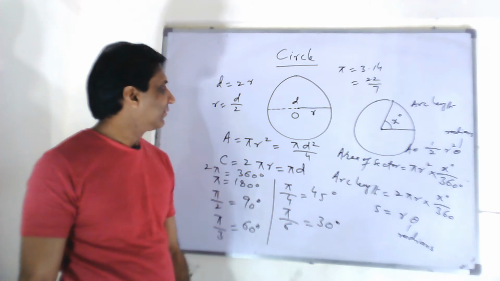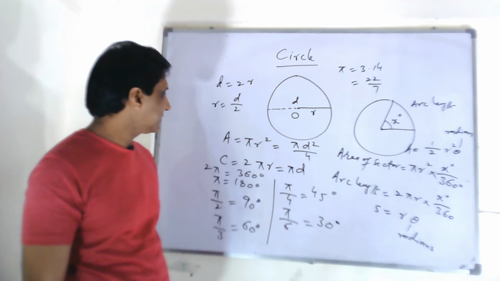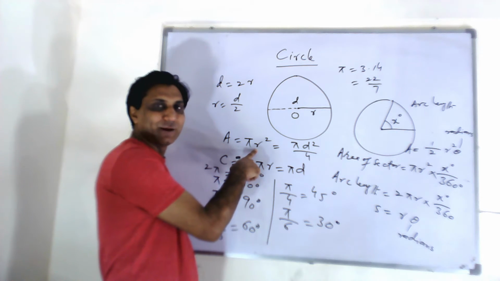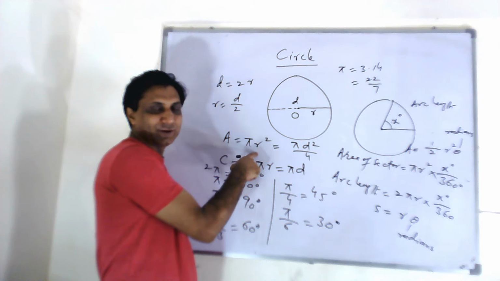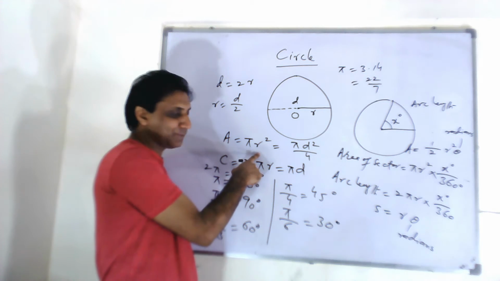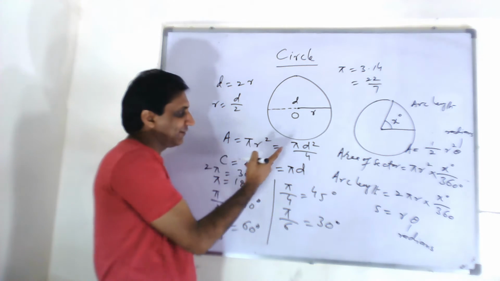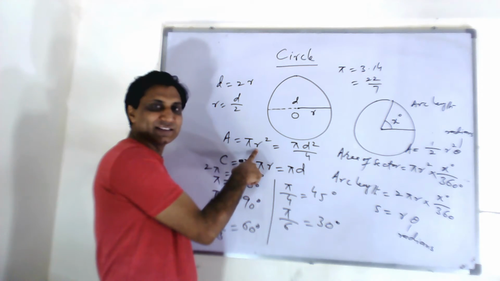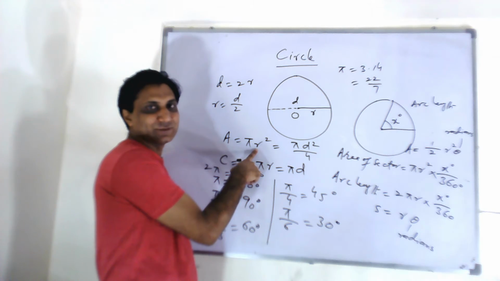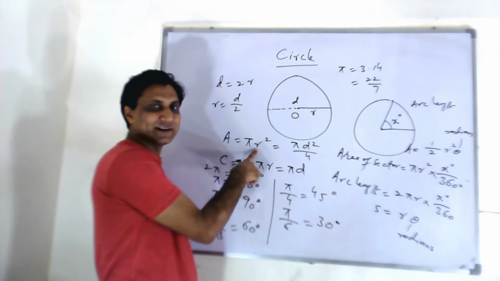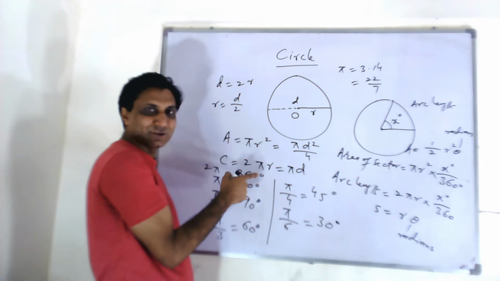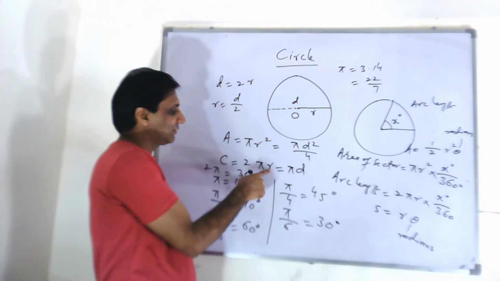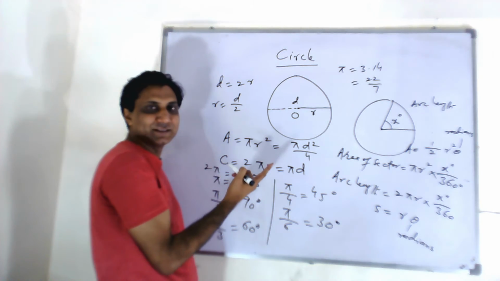Okay, so these are some things about circles. One more thing, if you double the radius, the area won't double, the area will be 4 times because there is a square on the radius. Radius or diameter, if you double it, the area will be 4 times. If you increase the radius by 3 times, the area will be 9 times, square times. You have to keep that in mind, but it won't affect the circumference. If you double the radius, the circumference will be doubled. If you triple the radius, the circumference will be tripled.